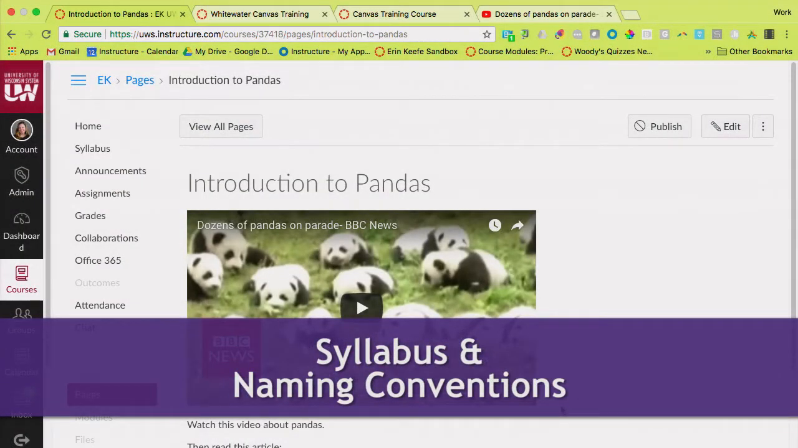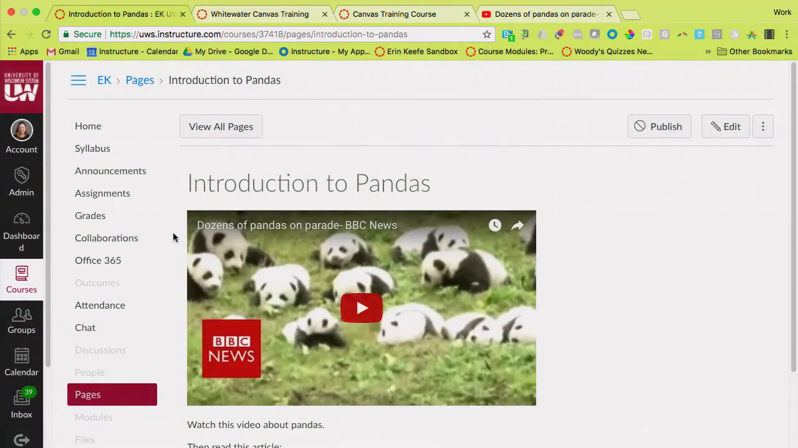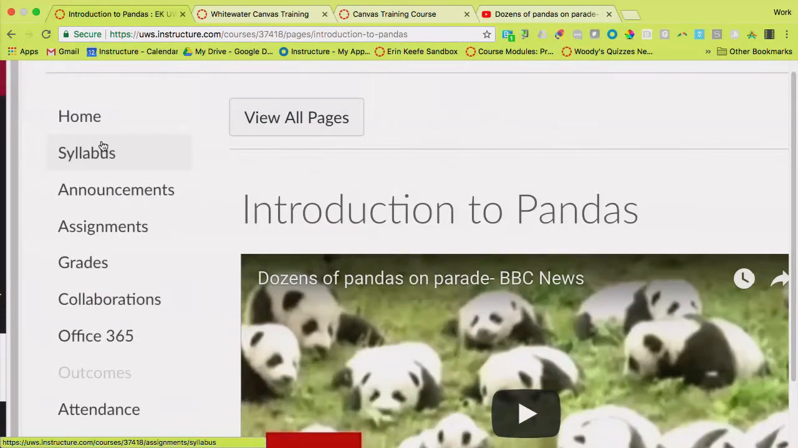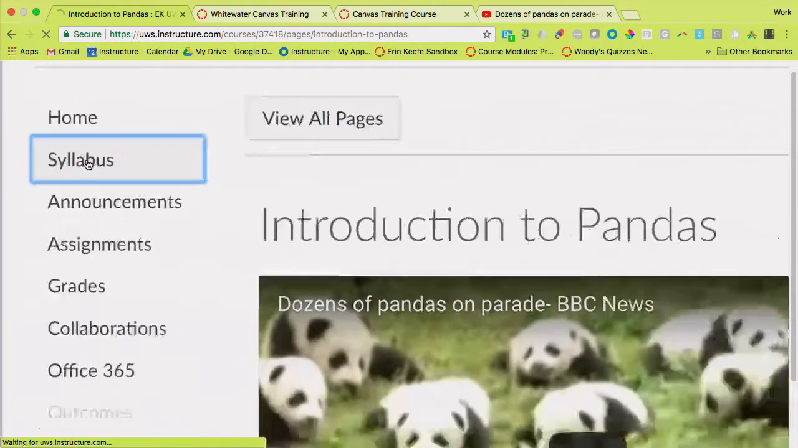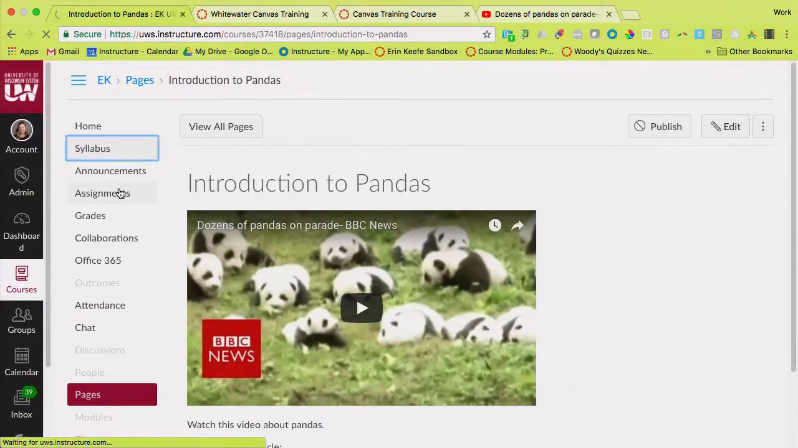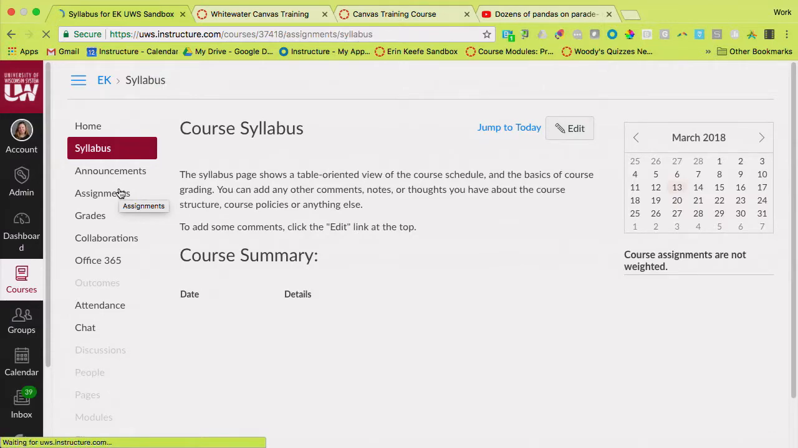And the next thing I want to talk to you about is the syllabus tool in Canvas. I know you all know what a syllabus is, but I want to talk to you about why it's its own item in your navigation and what it's doing in the background. So if you click on your syllabus link in your course,